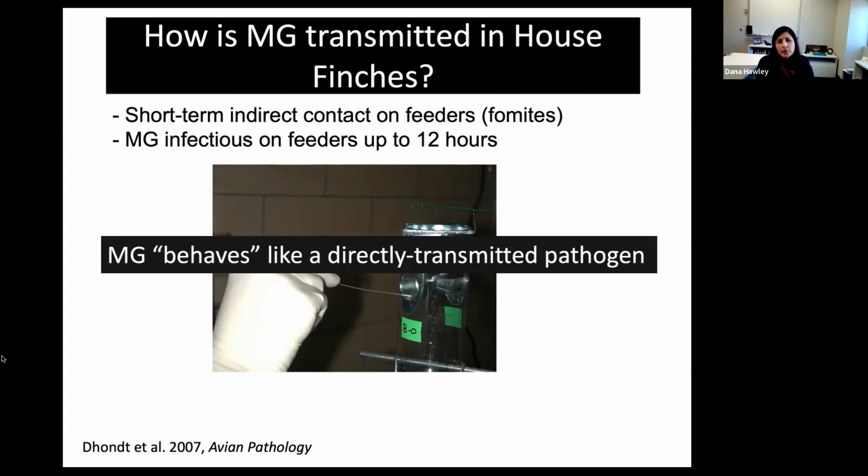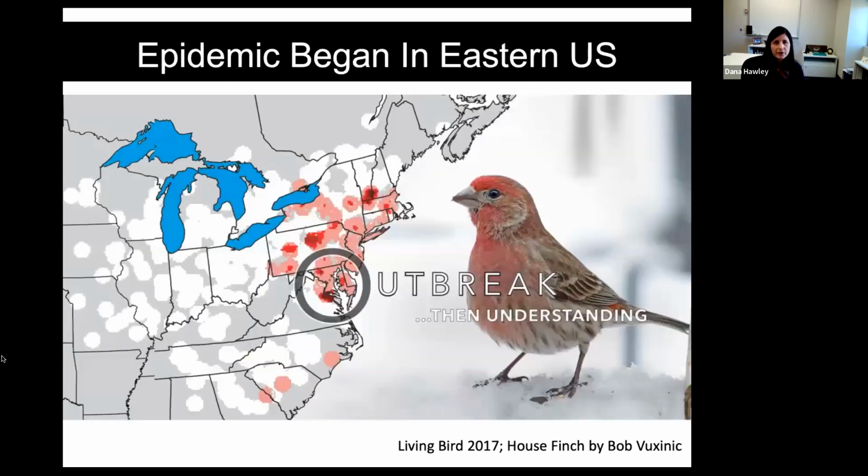But an important point I want to make is that even though most of this transmission does have this short-term environmental component, MG really is behaving like a directly transmitted pathogen. And by that, I mean, when we model it, we're not modeling an SEIR pathogen, because the environmental stage is really short-lived, probably on the order of minutes to hours in most cases. And so MG is really, from a virulence evolution perspective, still relying heavily on its host being mobile and alive enough to go to a bird feeder and deposit MG just prior to a healthy bird arriving.